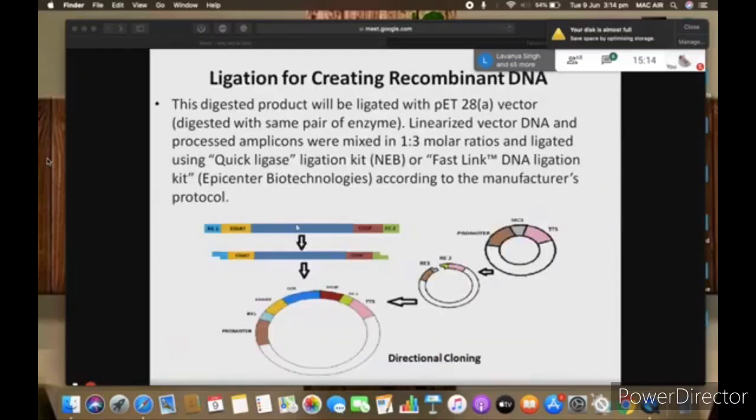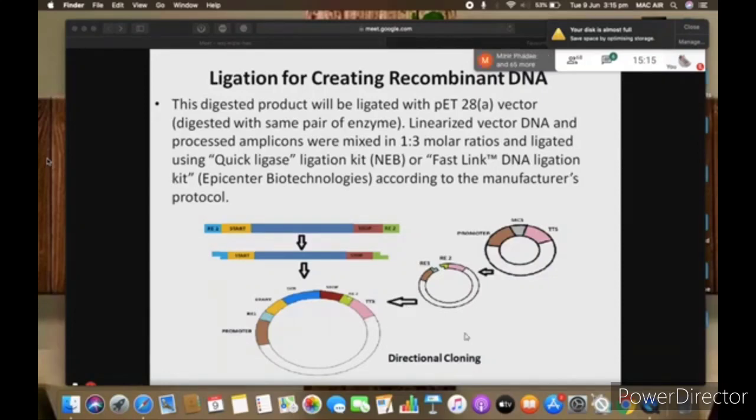Now we can easily digest it so that it produces sticky ends, and the vector has the BamHI and XhoI sites, so we digest the vector also and mix it in a 1:3 ratio. We have purified the PCR product, then we mix them together, add ligase enzyme, and incubate for some time depending upon how efficient your ligase enzyme is.